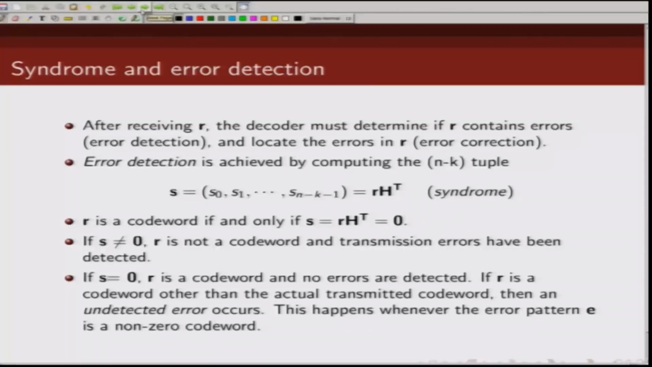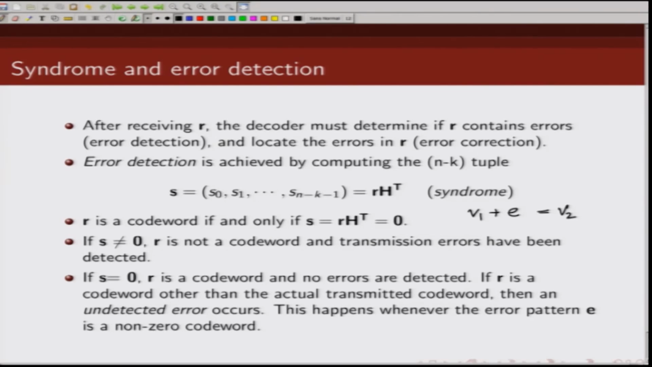If your S is 0 and your received sequence R is not the code word that you transmitted, but some other code word. Let us say I transmitted a code word V1 and my error E was such that it transformed it into another code word V2. So, the received sequence is V2. Now, if I compute the syndrome, because V2 is a valid code word, then VH transpose will be 0. So, an undetected error happens when